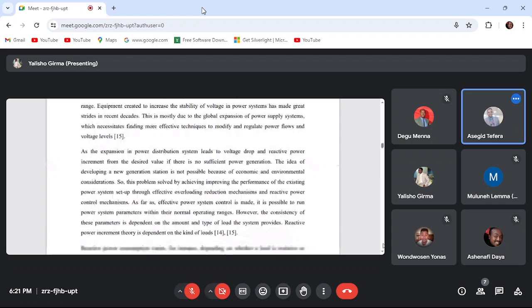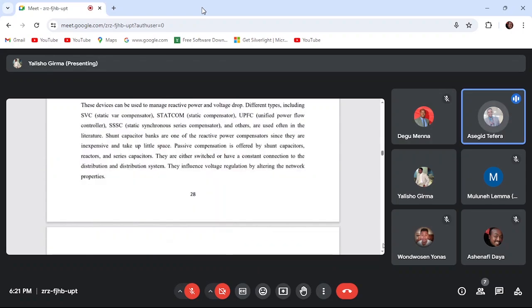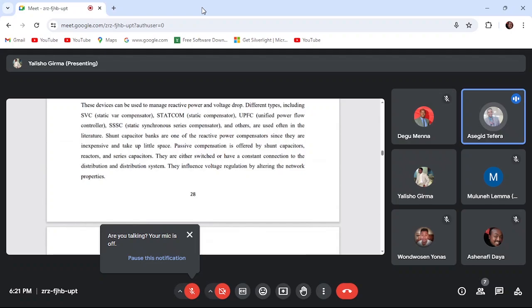The question asked by Dr. Yelisho is whether this is the optimum place to place the FCTCR. Yes, because in our research we selected the weak bus by so many